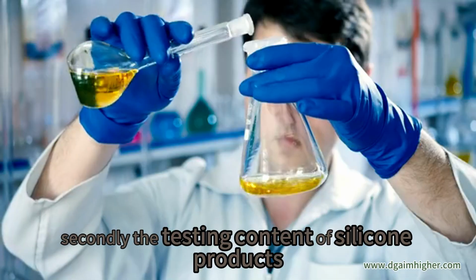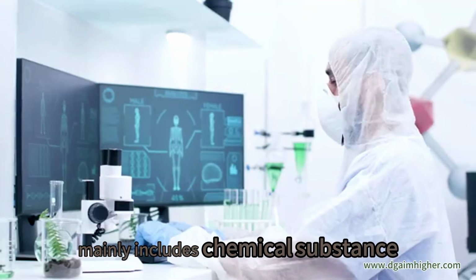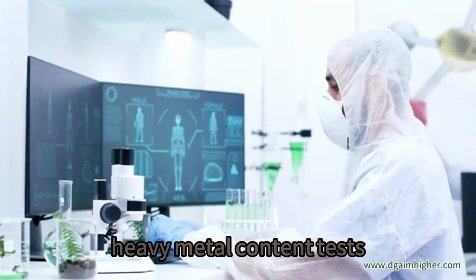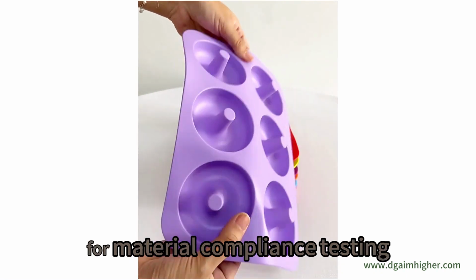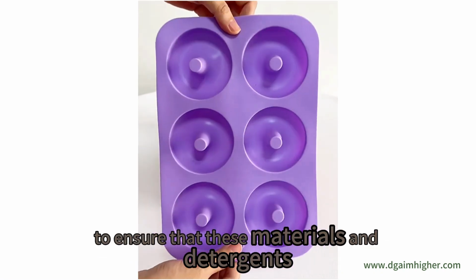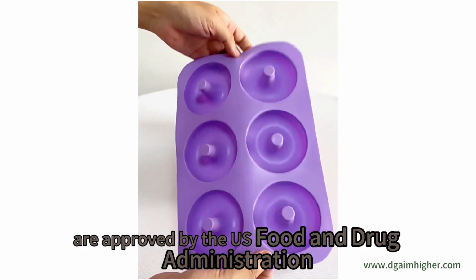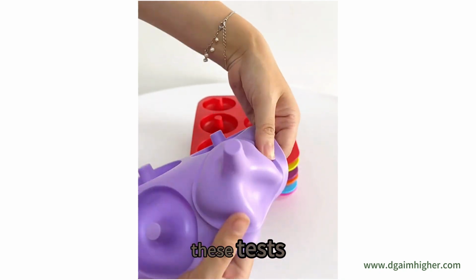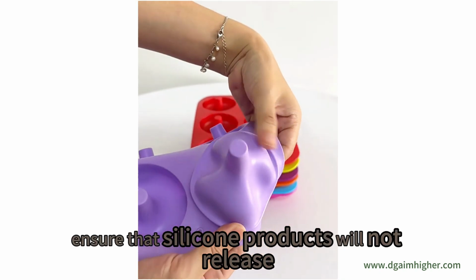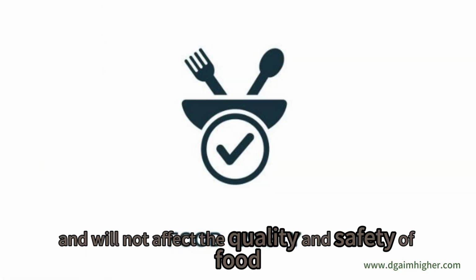Secondly, the testing content of silicone products mainly includes chemical substance migration tests, heavy metal content tests, microbial content tests, etc. for material compliance testing, to ensure that these materials and colorants or additives are approved by the U.S. Food and Drug Administration for food contact. These tests ensure that silicone products will not release or transfer harmful substances and will not affect the quality and